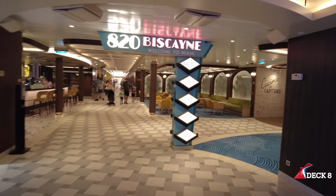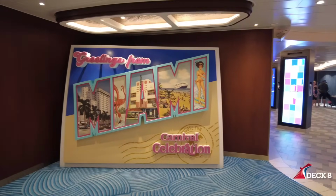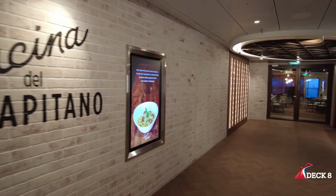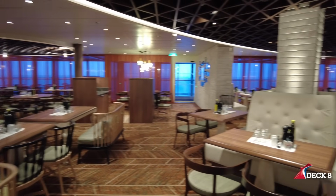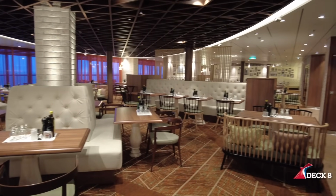820 Biscayne is the heart of Deck 8. Paying homage to Carnival's headquarters, this deck has a great Miami feel. Cucina del Capitano is Carnival's Italian specialty dining restaurant. This restaurant on other Carnival ships is a paid upcharge, but just like Chibang on the XL class ships, it's